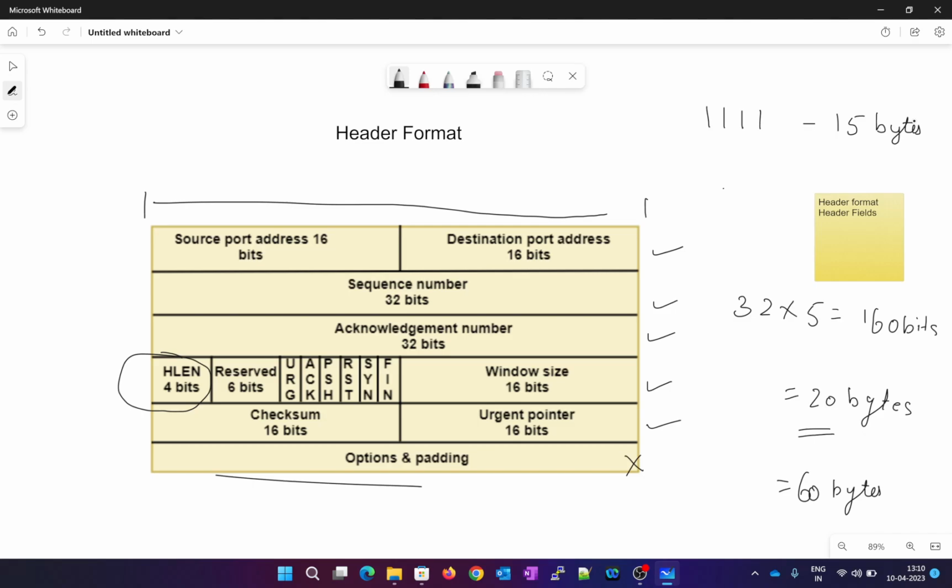How will a 15 bytes header denote the header length whose size is 60 bytes? This is a very important interview question that they ask. And here is where people get confused and they do not know the answer. So,